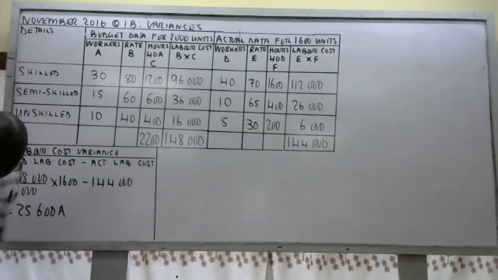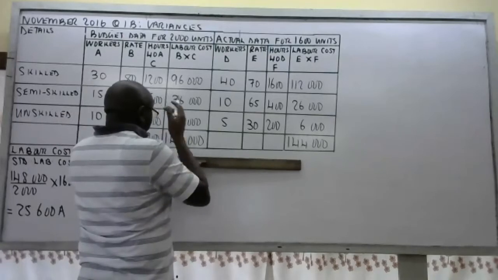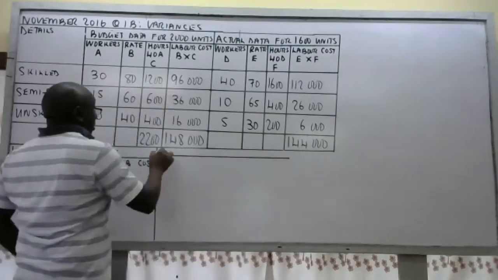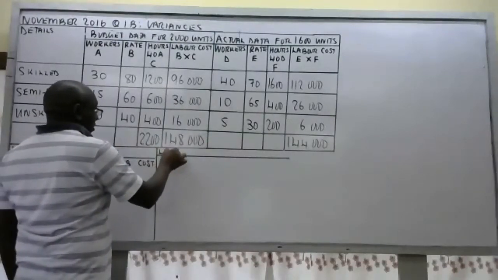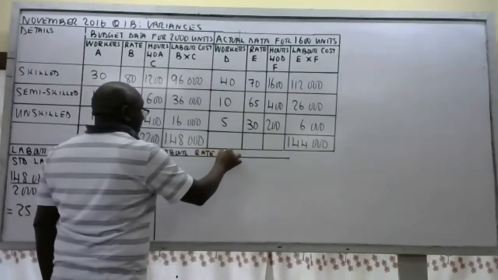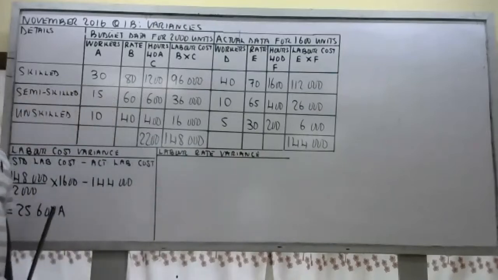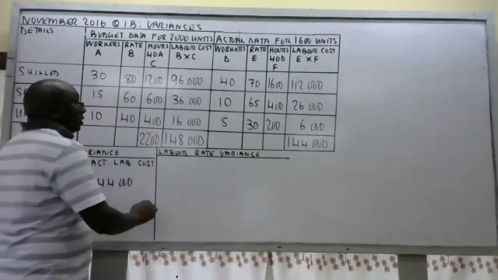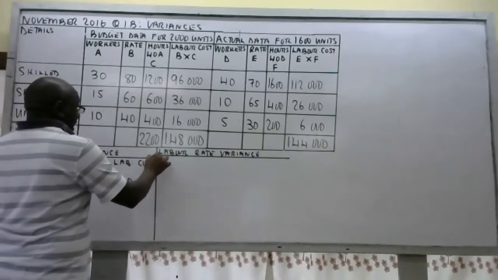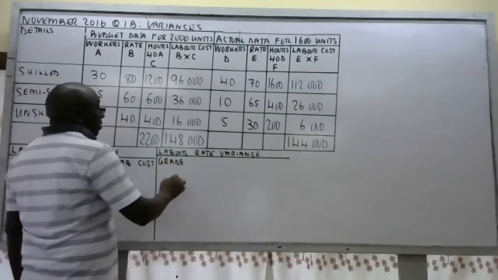The next one is labor rate variance. Now, labor rate variance, we set it up this way. We have the grade here, and the formula is